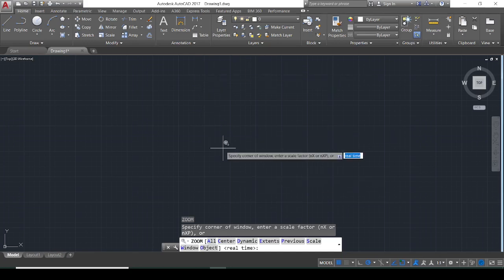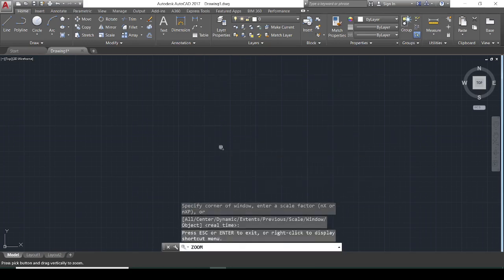So if I click real time, enter, if I click left and drag to the right, it zooms out. If I click and drag to the left, it zooms in. So I have here a drawing,